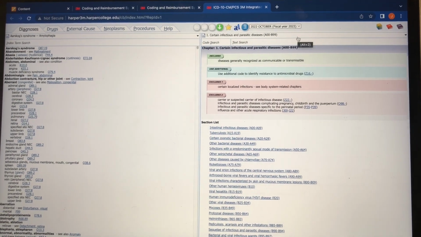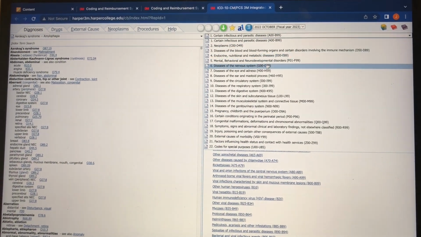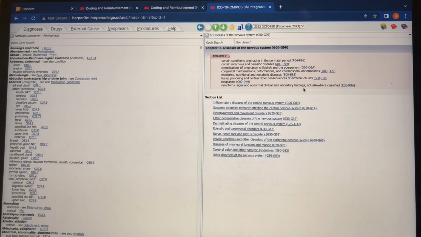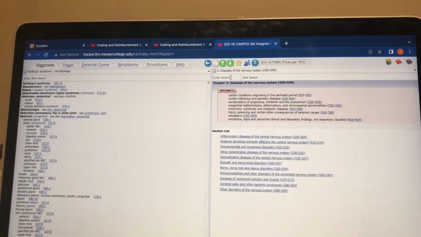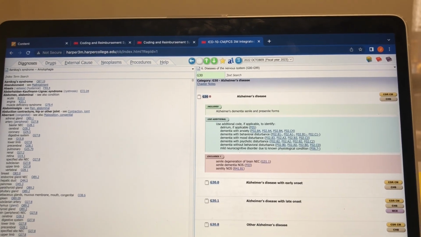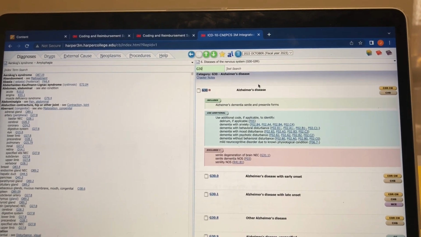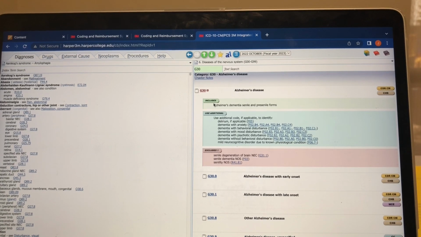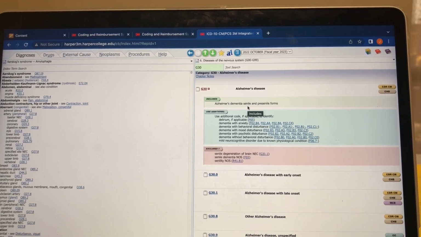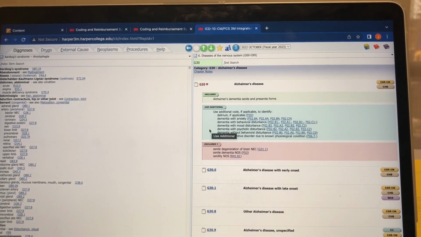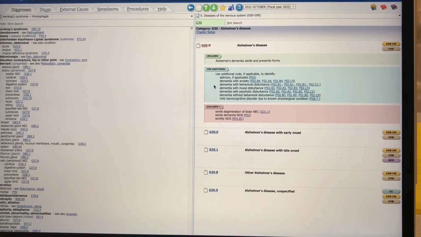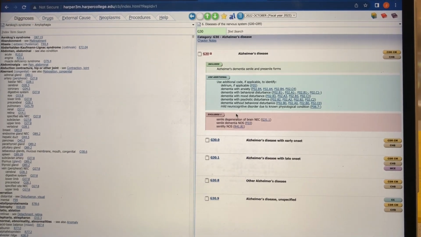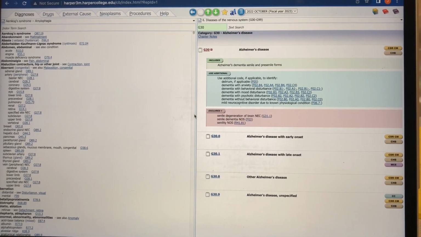So if we go in the tabular and look under section G30, diseases of the nervous system, we arrive here. If we decide to search by typing in the code G30, we end up at Alzheimer's disease, which includes Alzheimer's dementia in senile and presenile forms. As you can see, there are several use additional codes depending on the level of delirium and the level of dysfunction. The excludes one notes